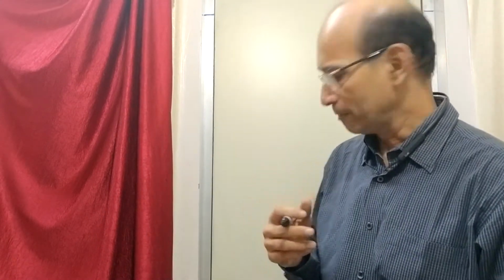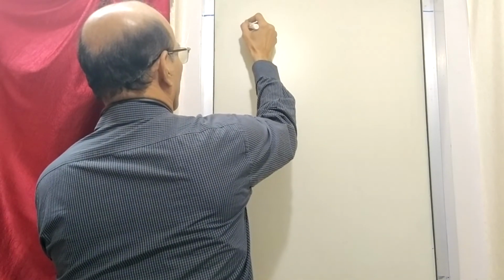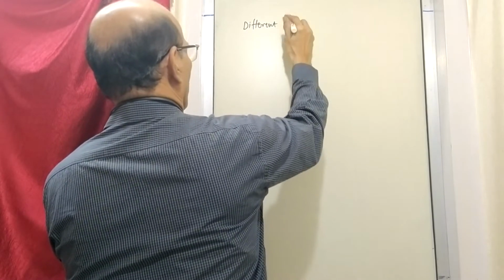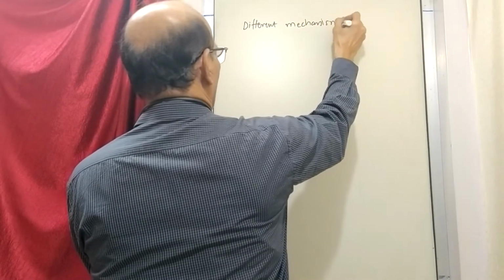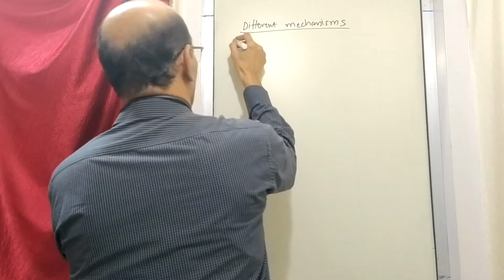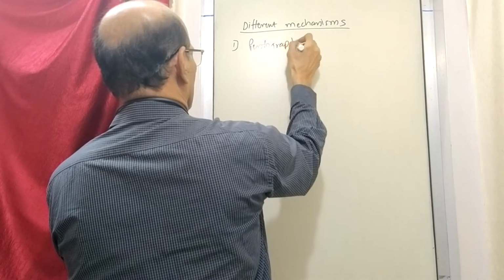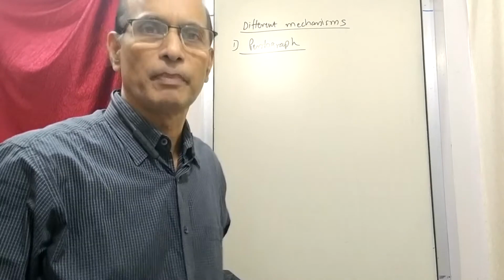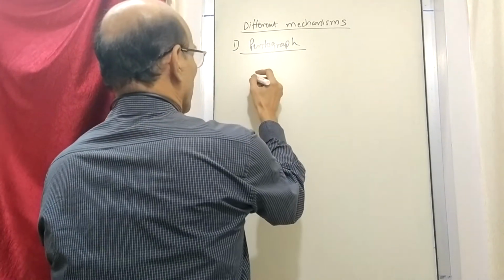Okay, so now let us take different examples of mechanisms. Pantograph. Let us see what a pantograph mechanism is all about. So let me draw that mechanism first. It looks like a